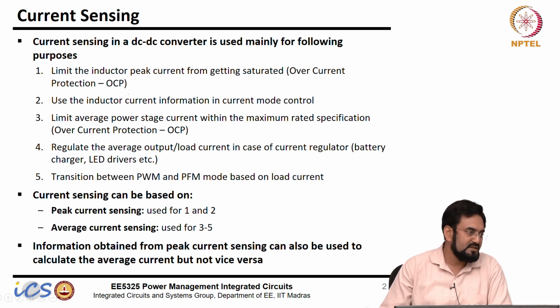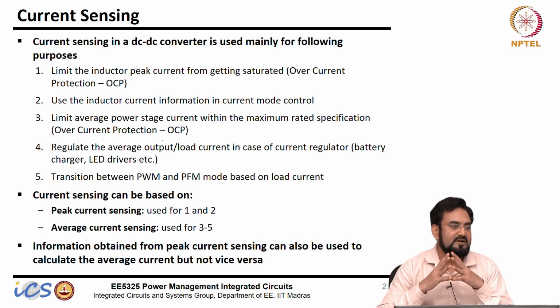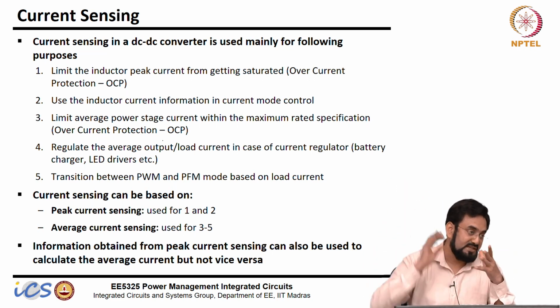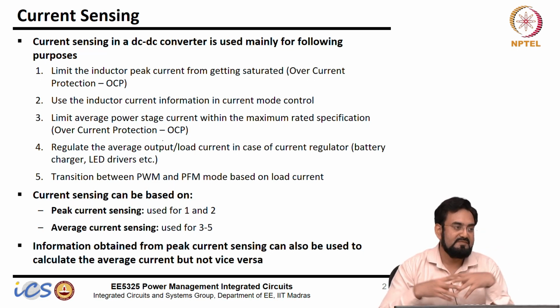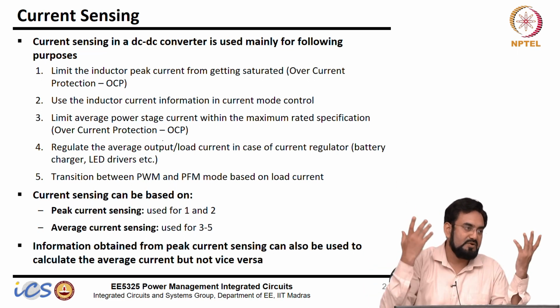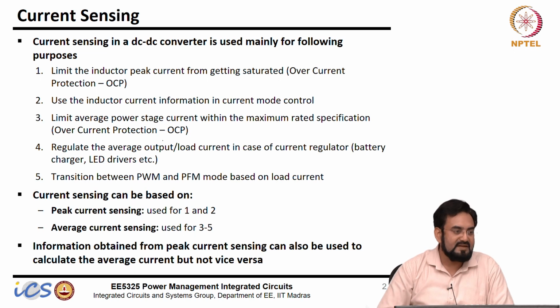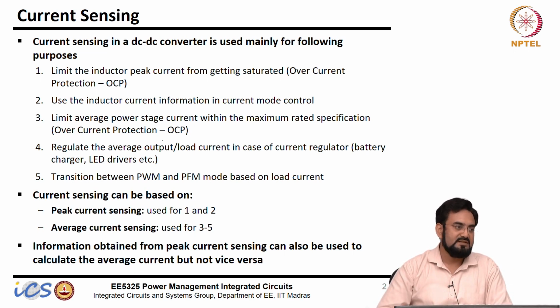One thing you need to remember: if you have sized your MOSFET for a certain average current, then the peak current it can carry is much higher. It may be more than 2x actually. It depends for how long. So if you have designed, let's say, for 1 amp, maybe a transient current it can support is 2 amp or so. Most of the time it is the average current which may break your transistor.